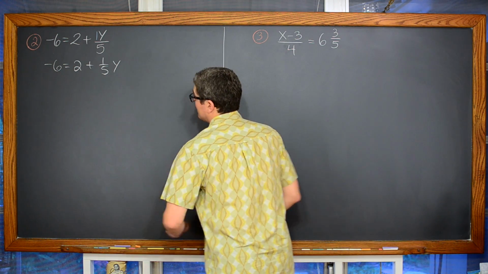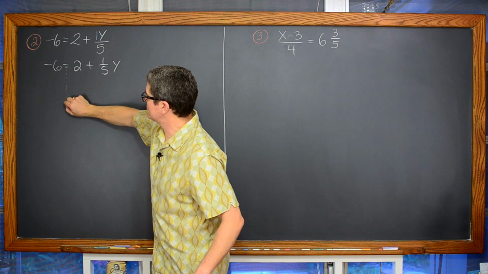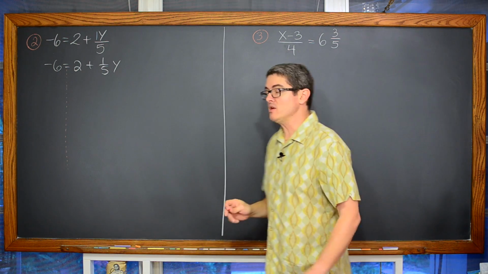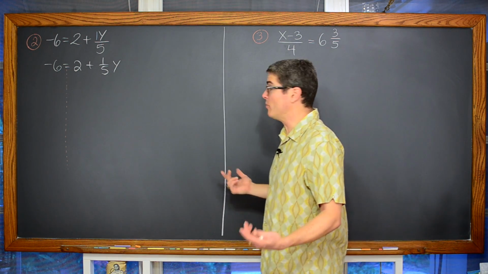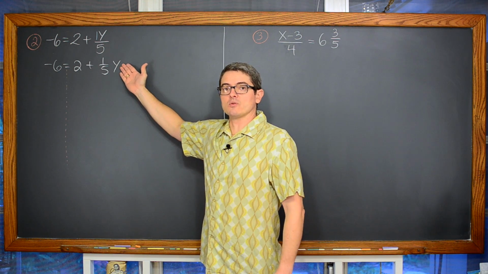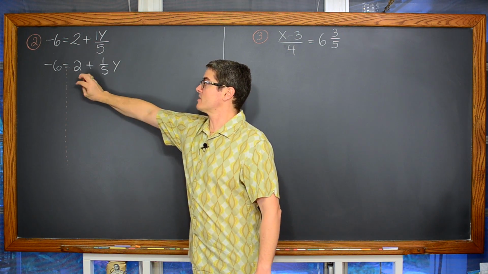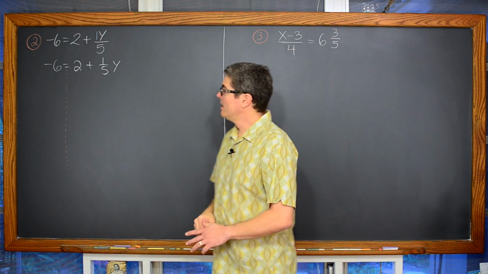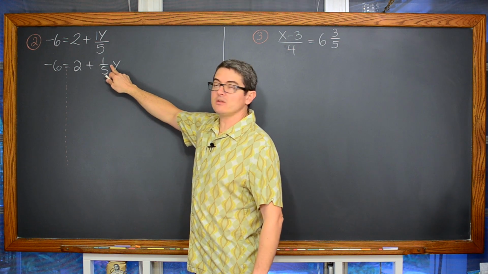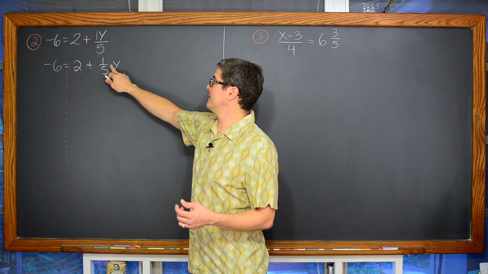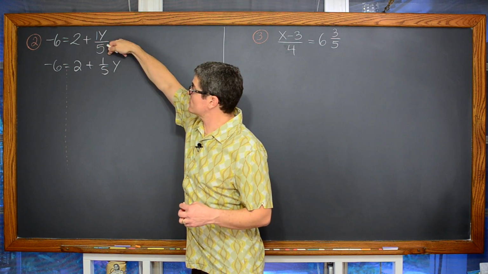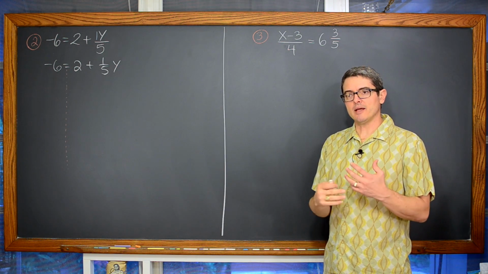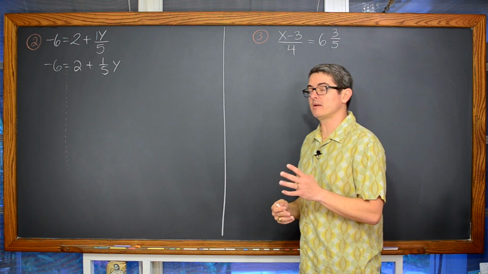So we have our equal sign breaking up the two sides of our equation, and our variable is on the right-hand side of the equation. Again, an equation with a variable in it is called an open sentence. Because our variable is on the right, I'm going to want to identify those values on the right-hand side and move them away from the variable. Now, the 1/5 is touching the y, so it's a multiplication of 1/5 or a division by 5. For convenience, usually you want to leave that multiplication and division until the last step as you try to isolate your variable.